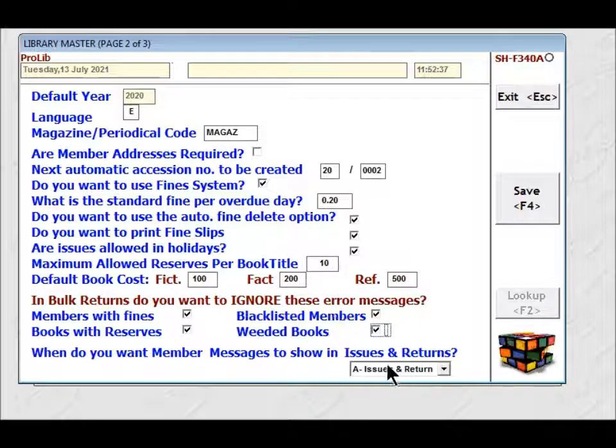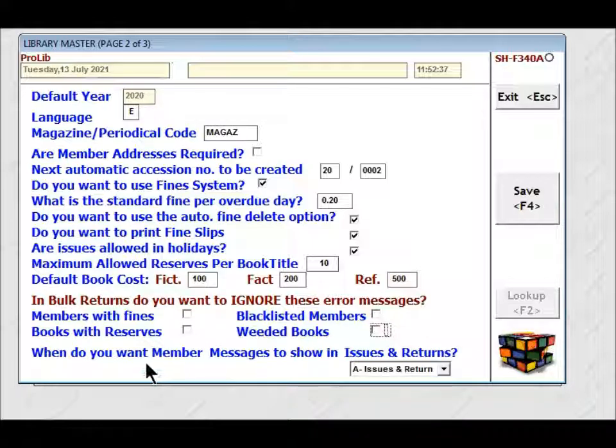If you don't want any of these facilities, then you untick them. And then that error or that facility will not be shown to you as books are being returned to the system. There are also various other messages about members, whether they're blacklisted or they've got fines or something like that,